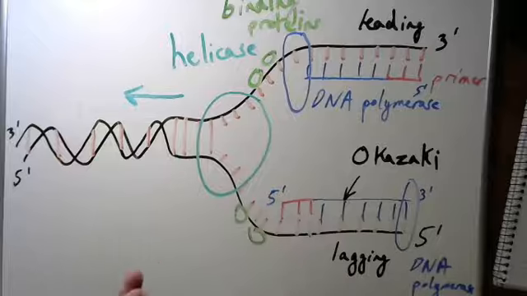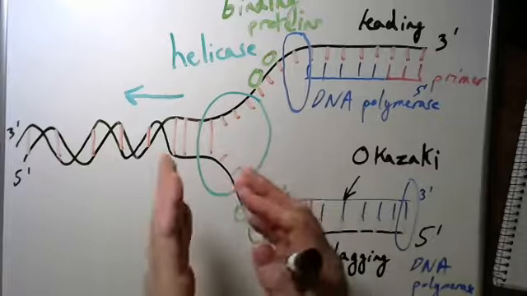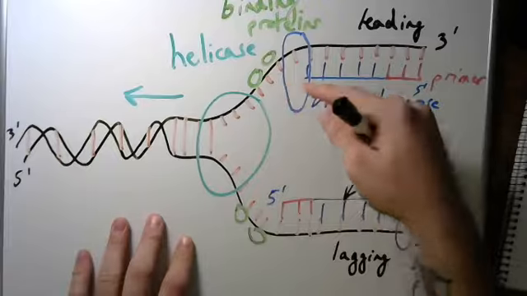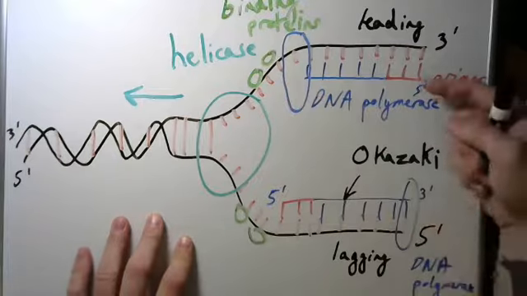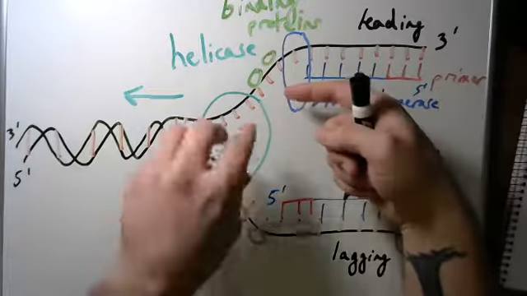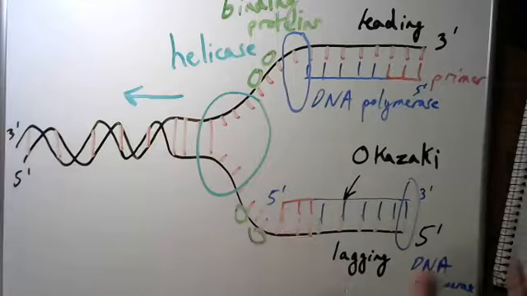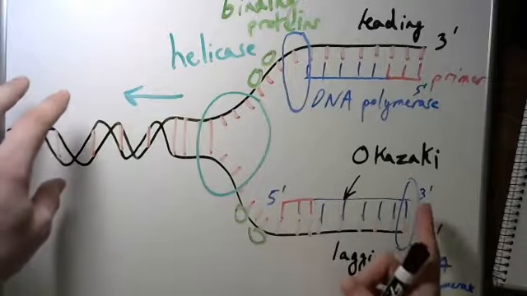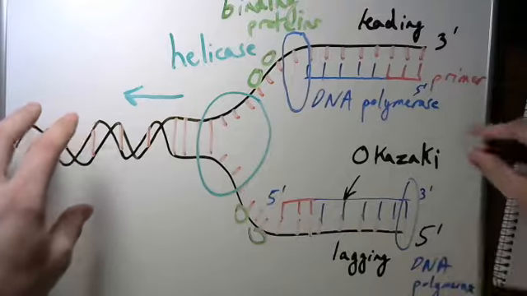This video is really to emphasize the fact that the helicase moves that way, which by definition, since DNA polymerase moves from 5 to 3 prime on the leading strand and on the lagging strand as well, for the leading strand, it can just keep going because the zipper keeps going that way. There's more and more nucleotides to work with. Whereas on the lagging strand of the DNA molecule, the helicase keeps going that way, but my polymerase can only go from 5 to 3, so it needs to go to the right and reach the end of the